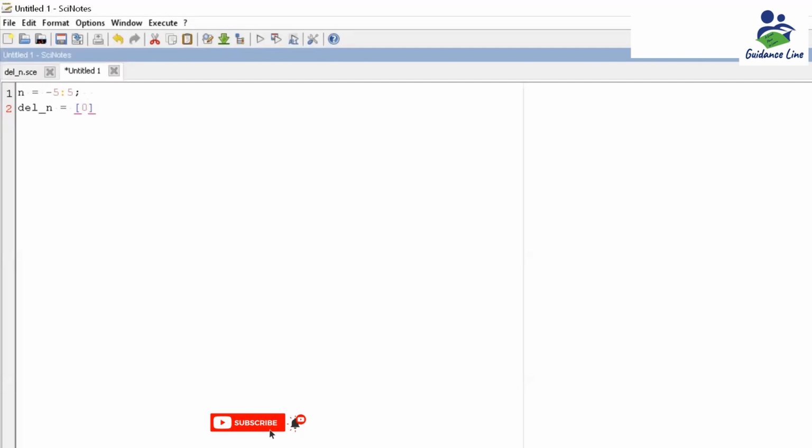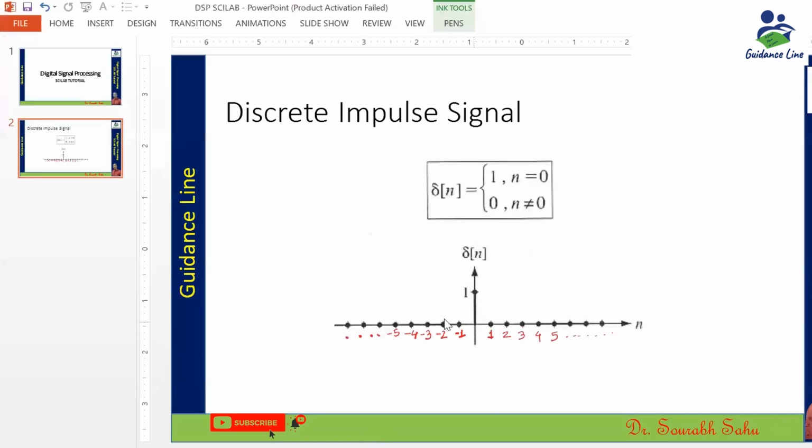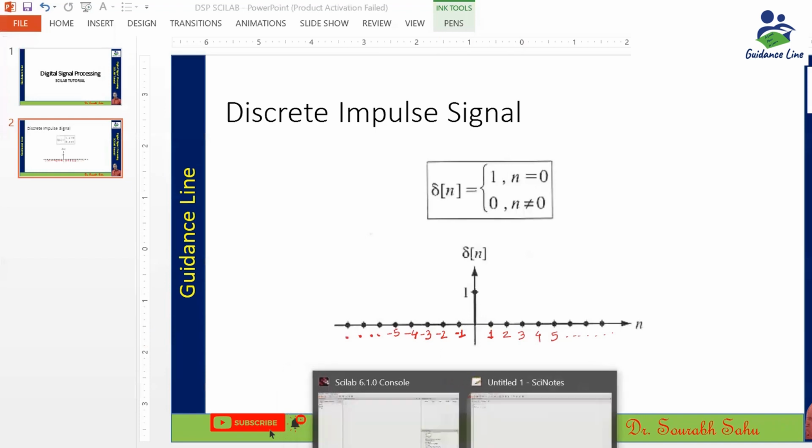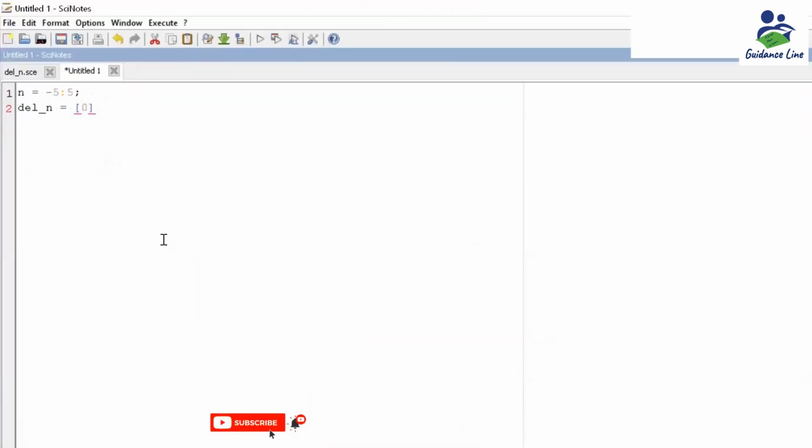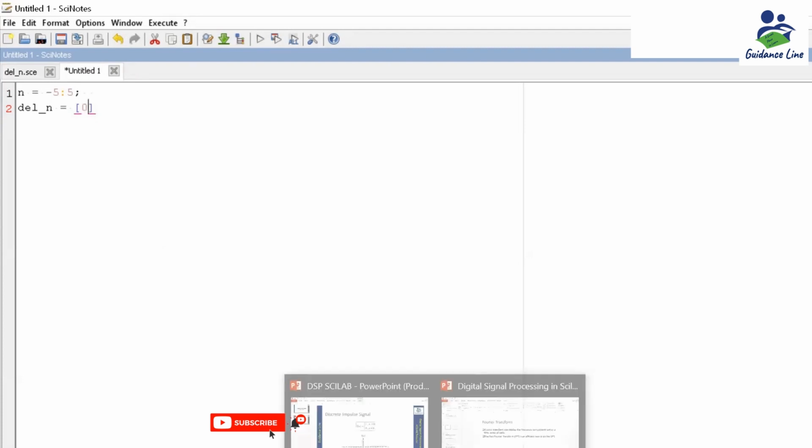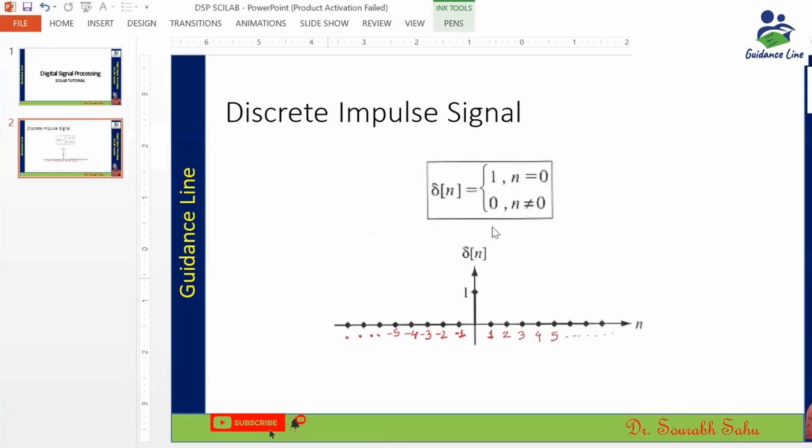As I know, the value of del n is 0 for all sample values except n equal to 0. We cannot directly create a vector in the Scilab console with a time axis from -infinity to infinity. If I want to replicate this graph, I have to define a sample space for it.